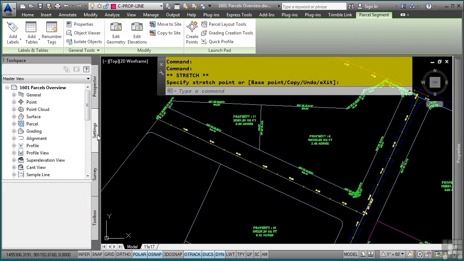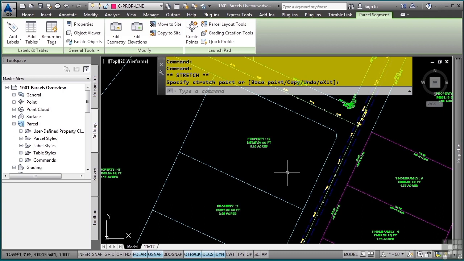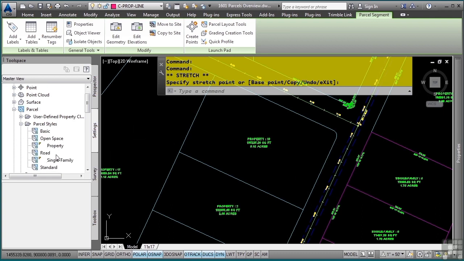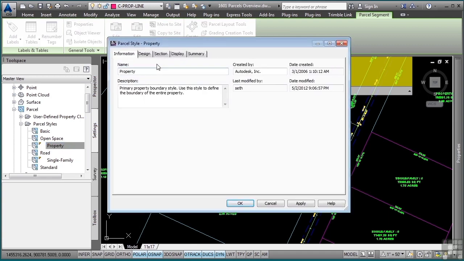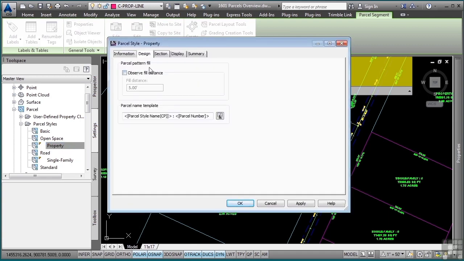If we go to the Settings tab, Parcel category, we have the different styles that you can use to define and automate how your parcels should be created within your drawing. For instance, the parcel styles control the display and properties of parcels. I'll go ahead and double-click this property parcel, and navigating the different tabs, you can see that you can define